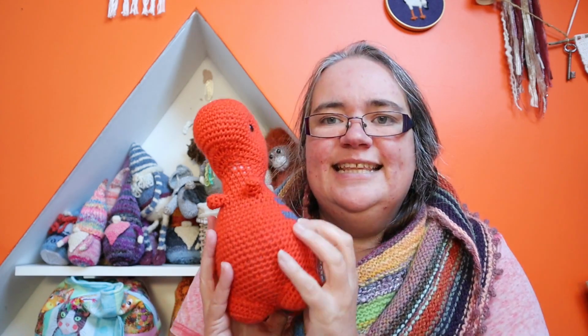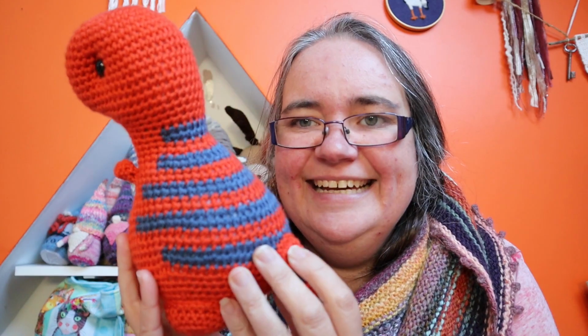So I reached out to Kim and asked if I could commission her to make one of her amigurumis that she makes. My little niece Imogen is obsessed with a show on Netflix called Dinosaur Train. She's only like five or six months old at this point, so I'm sure she can't really understand what's going on on the screen, but for some reason this one show has just captivated her, and so I asked Kim if she would crochet a dinosaur for me to gift to Immy for Christmas, and this is the gorgeous